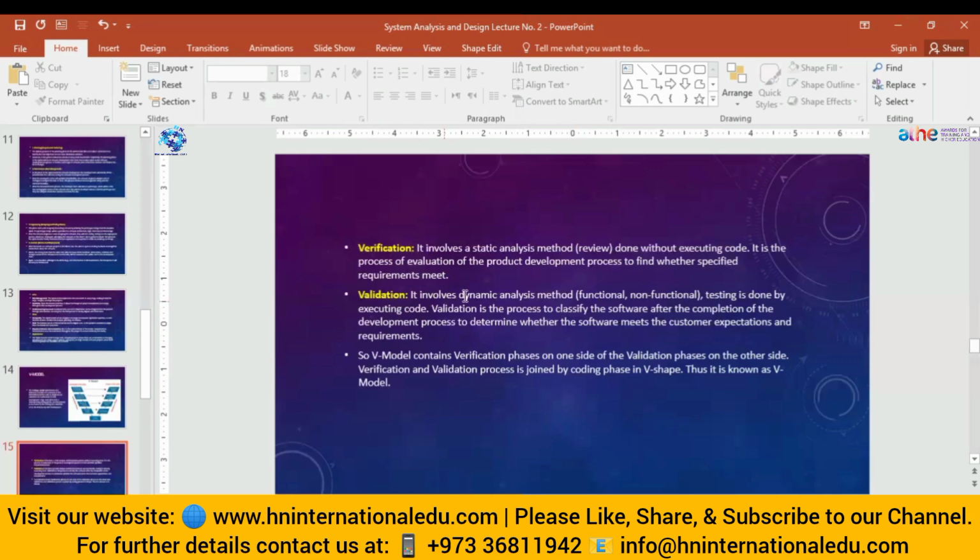Then we have validation. It involves a dynamic analysis method. Functional and non-functional testing is done by executing code. Validation is the process to evaluate the software after the completion of the development process to determine whether the software meets the customer expectations and requirements. So if we press the login button and we are logging in to the home screen, for example, and the button is working fine,